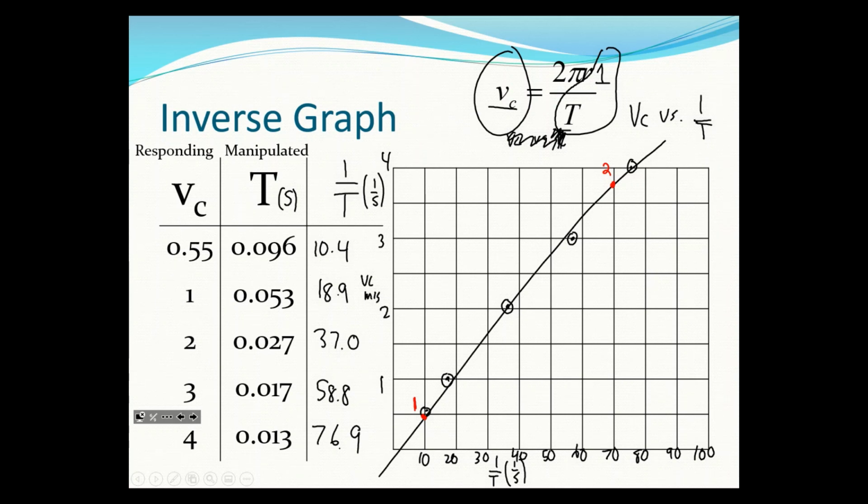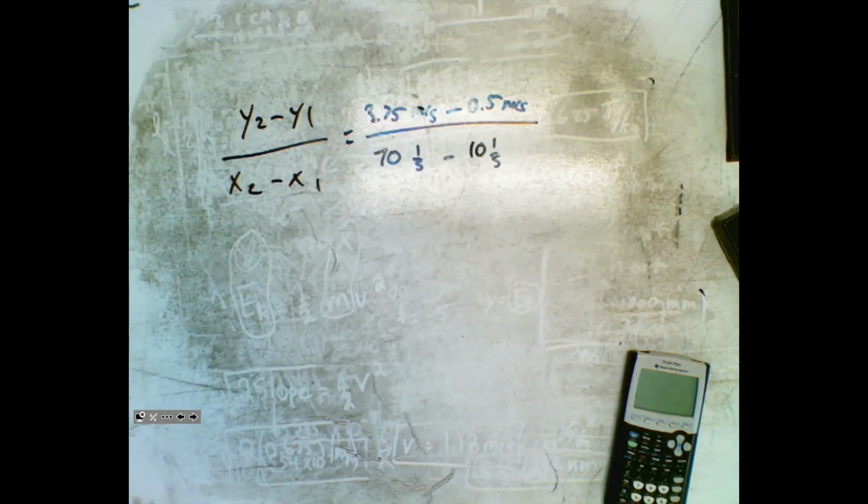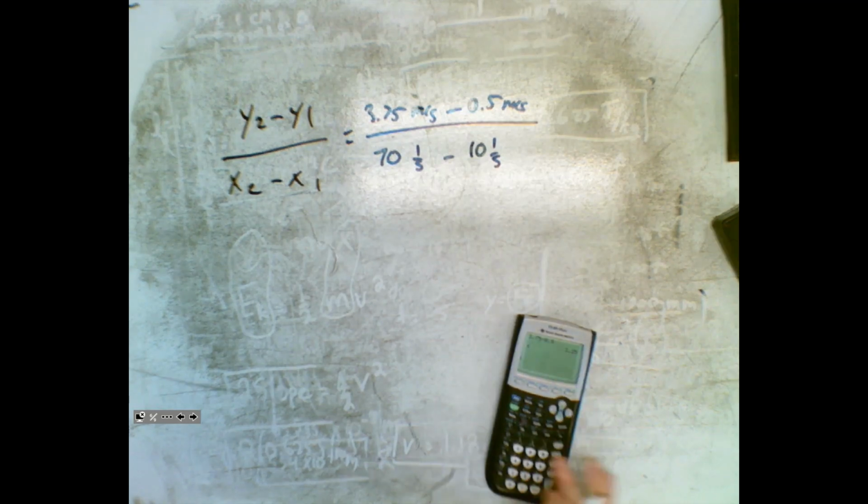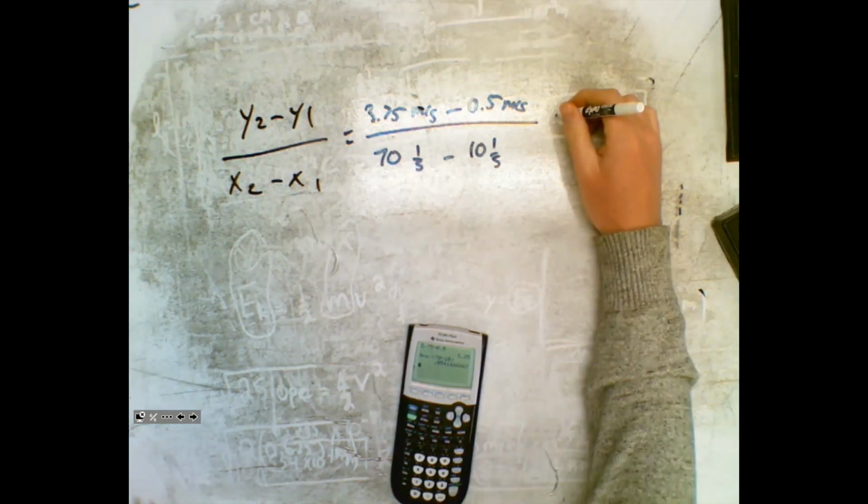And then x1 is 10 1 over seconds. Okay, so let me switch screens. I've got that written down. So 3.75 minus 0.5, divided by 70 minus 10, and I get